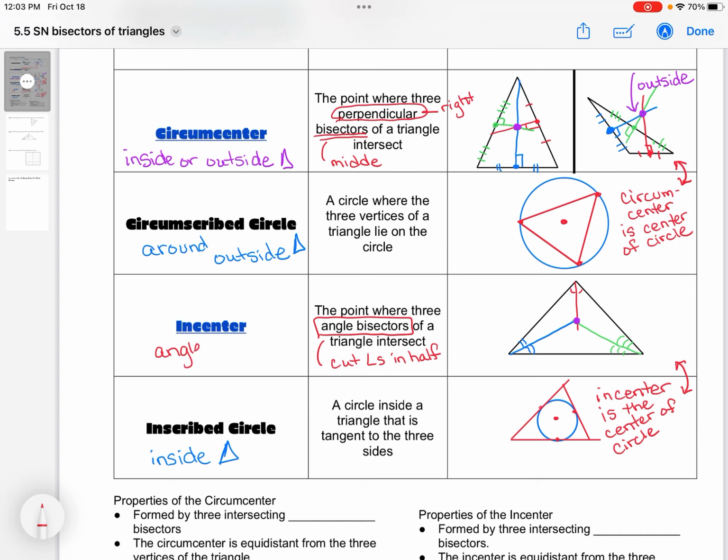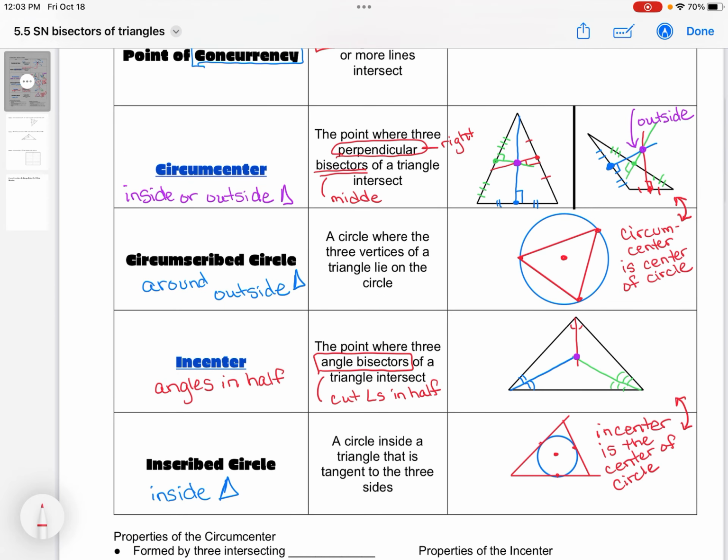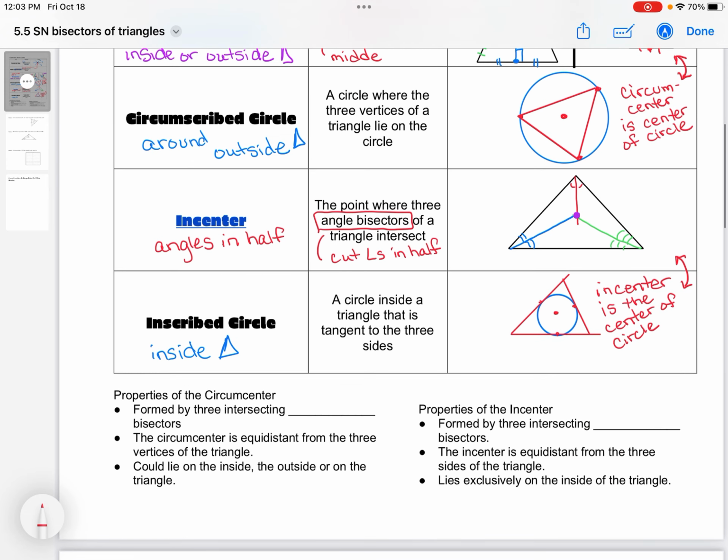Incenter has angles in half. Bisectors, right? Circumcenter has sides in half and perpendicular. So, circumcenter has to have two things. Incenter has just cutting the angles in half. Okay, so